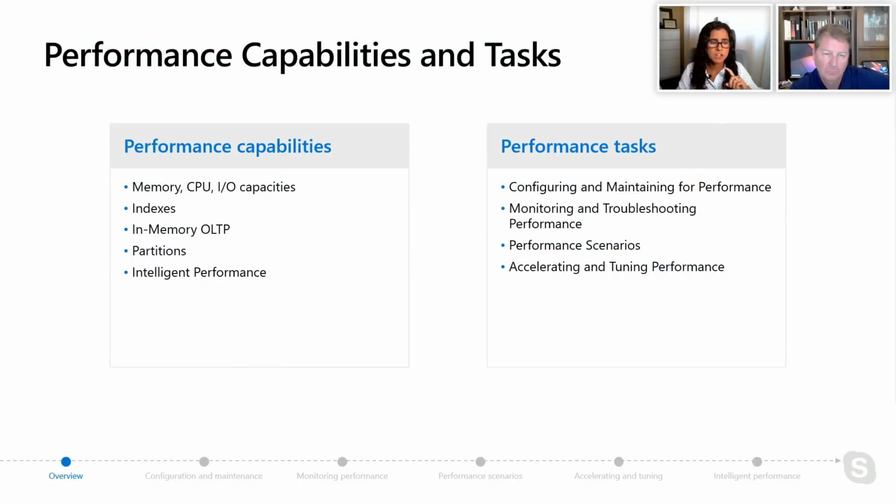And so we're going to talk about how this relates to CPU, memory, I/O, all the things that you've worked on deeply as a SQL Server professional, whether it's partitioning, in-memory OLTP, and some new things around intelligent performance that have landed in the last 2 releases of SQL Server, but are also landing in Azure SQL, as well as some things you get only in Azure SQL Database today. Then we'll talk about some of the tasks, and Bob will take us through some various scenarios.